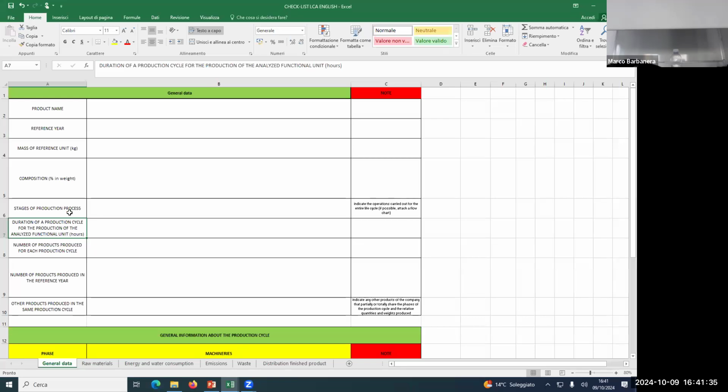So here you have some different data that are important to collect for our life cycle. For example, it's also important to ask the company about other products produced in the same production cycle. Why? It's important to know if our production cycle produces another kind of product different from the main product. It's important because if you have, for example, an equipment, a machinery,